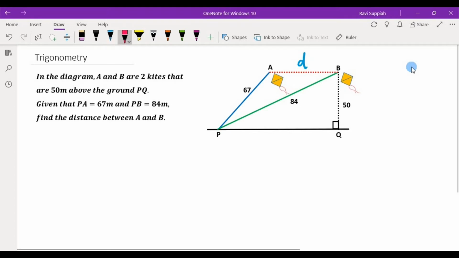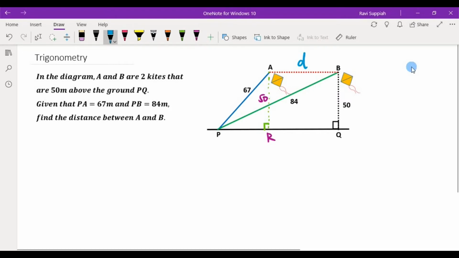Now we can see that the angle PQB is 90 degrees, correct? And since both A and B are at the exact same height, if I were to extend a line from A down to the ground, then this angle would also be 90 degrees. That means we now have two right angle triangles, and let me call this point R. With this height also being 50,